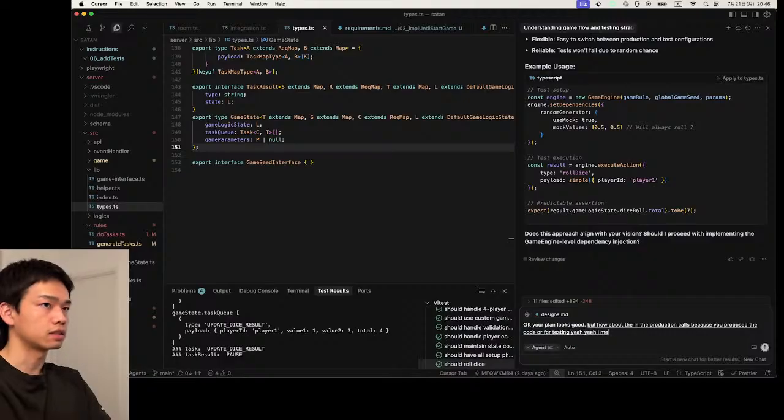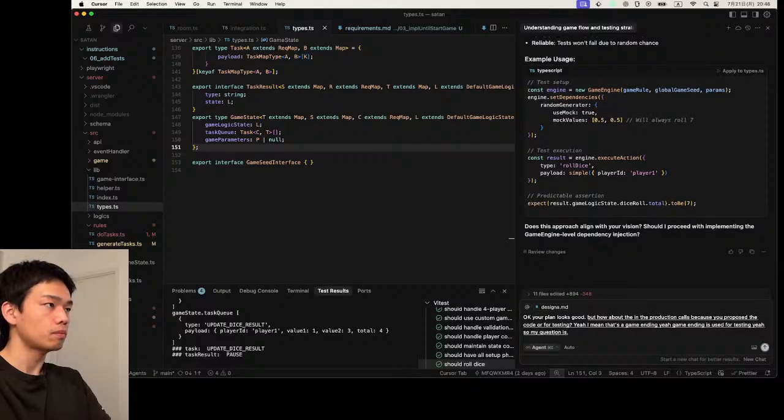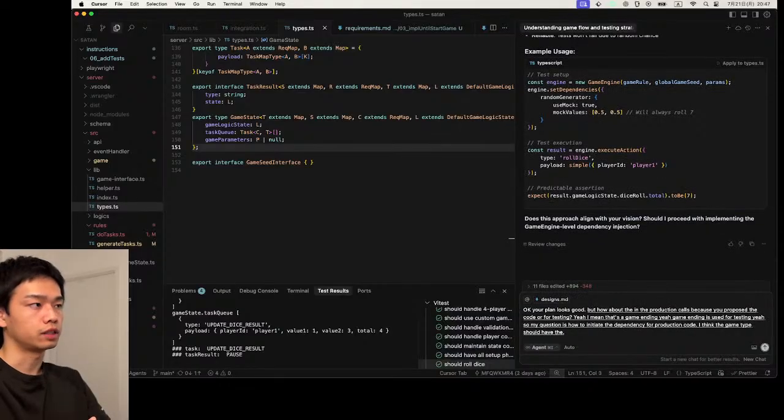Yeah, I mean that's a game engine. Yeah, game engine is used for testing. Yeah, so my question is how to initialize the dependency for production code. I think the game state type should have the dependency as a property,